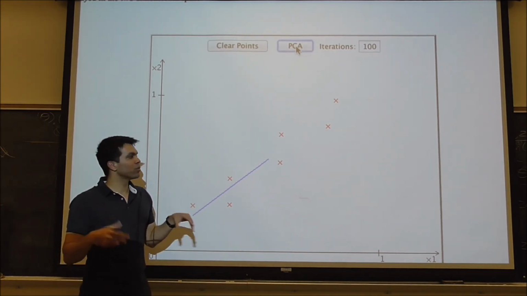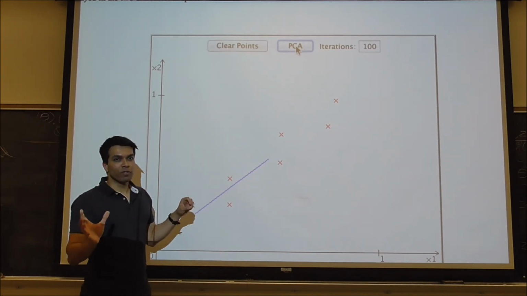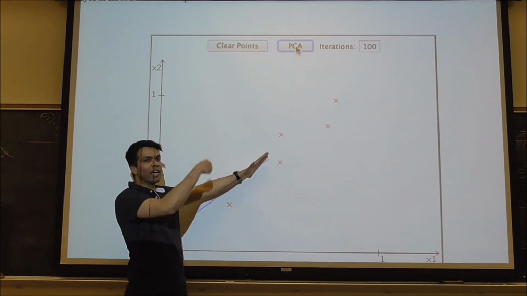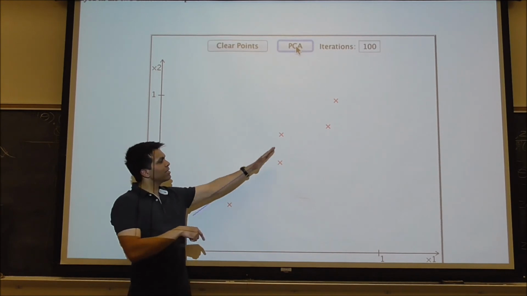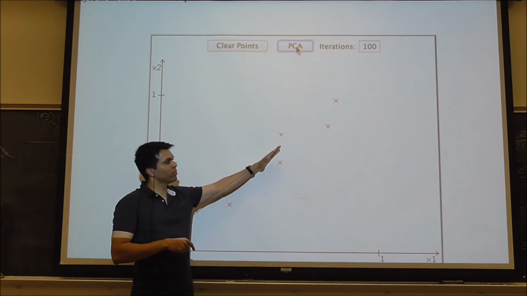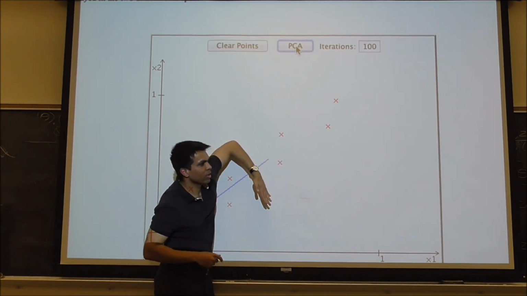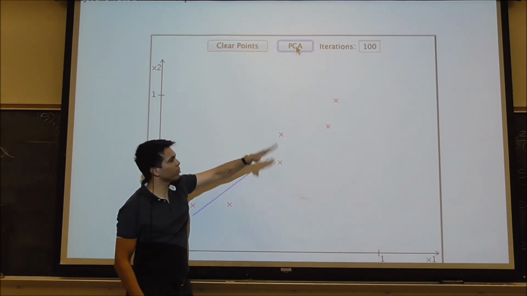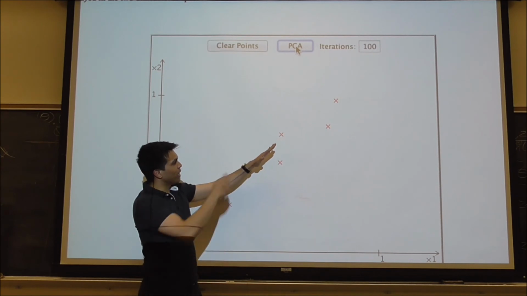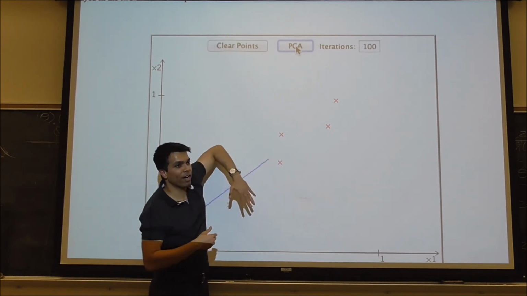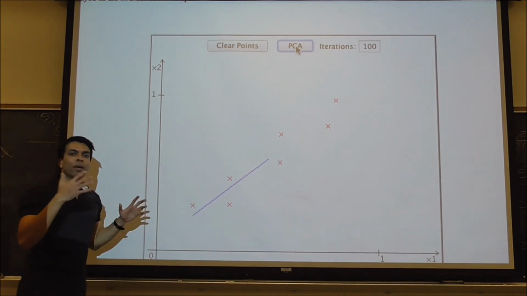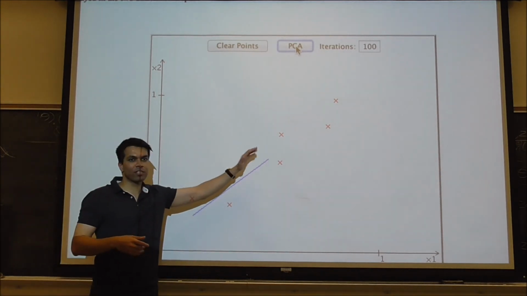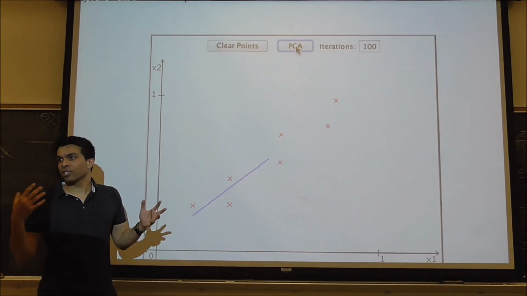There's another view of PCA, which is if I take my two-dimensional data and I project it down to one dimension, this is the direction I should project onto. I should not project onto this direction, in which case all of the data points will come here and have very little distance between them, but I should project them onto here, because when I try to reconstruct from this, I will have high error. So there's the min reconstruction error view of PCA, there's the max variance view of PCA, and